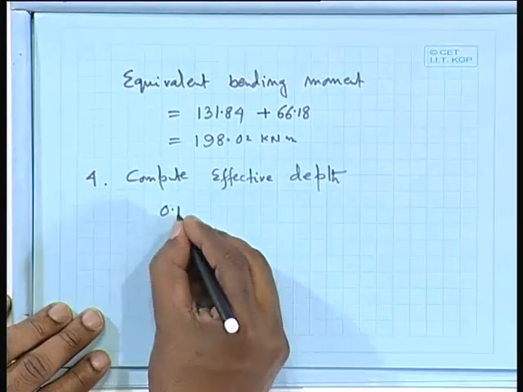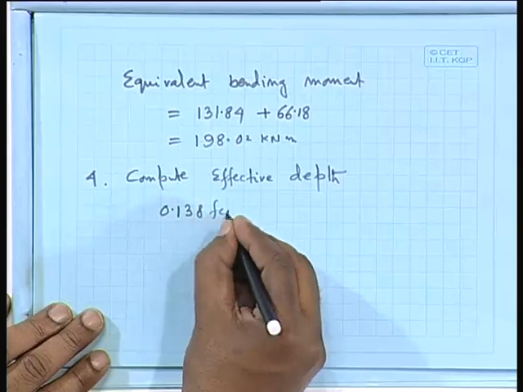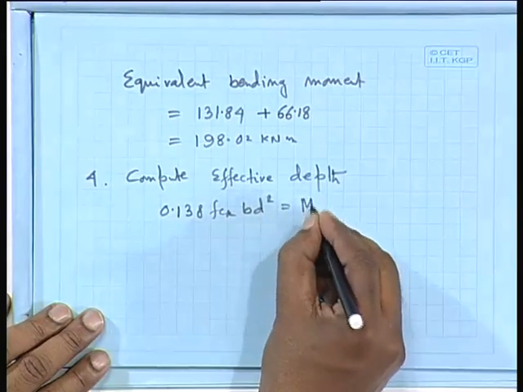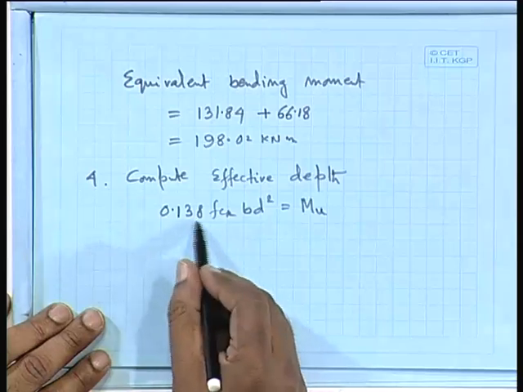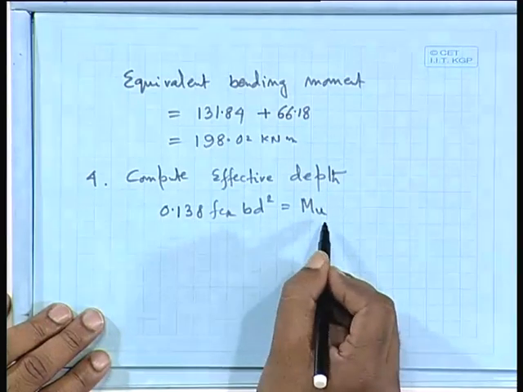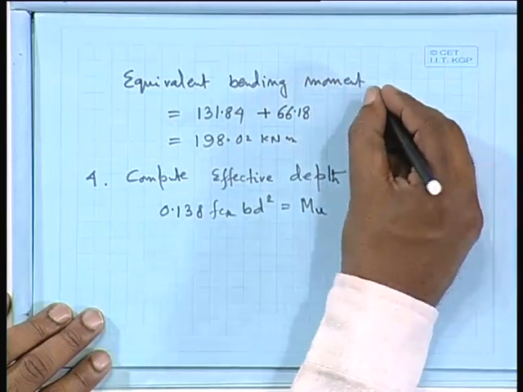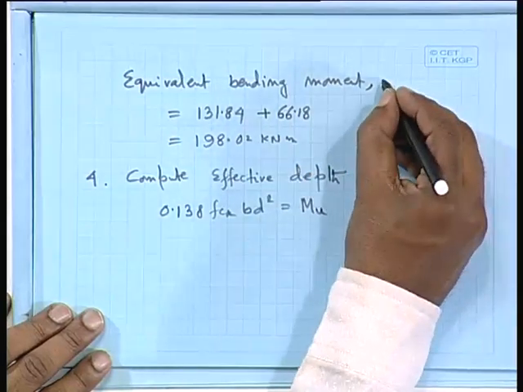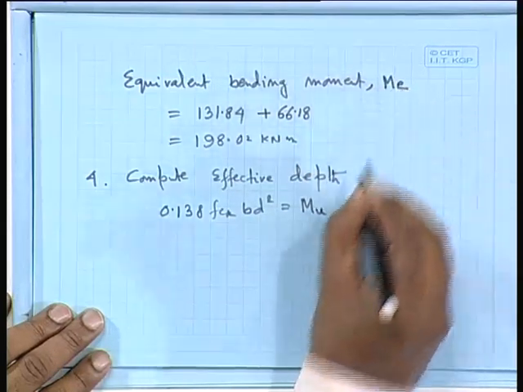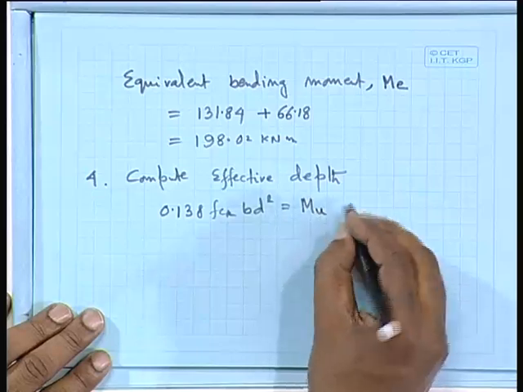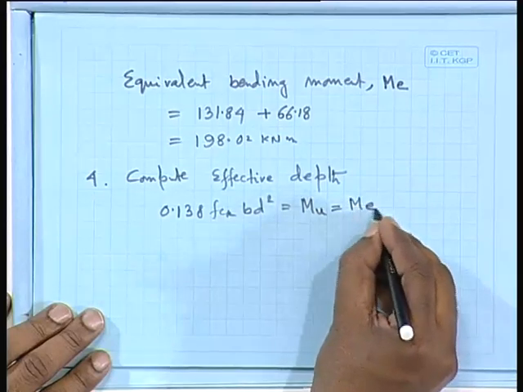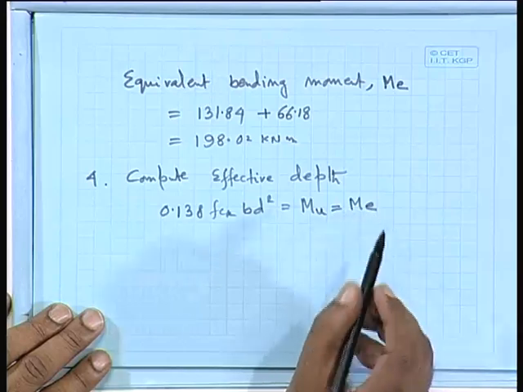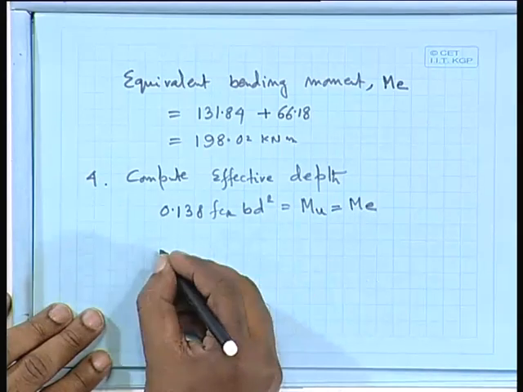So we have the same formula: 0.138 fck b d square equal to Mu. Let us write down here Me. This is our Me. So Mu means here, as per our rule, due to torsion we should apply here Me. So we can find out